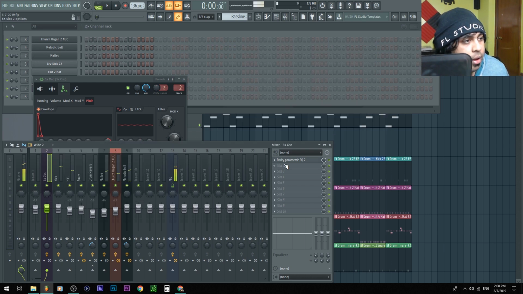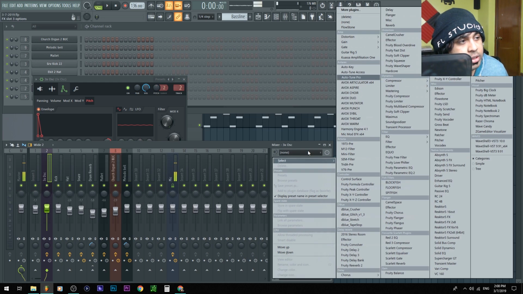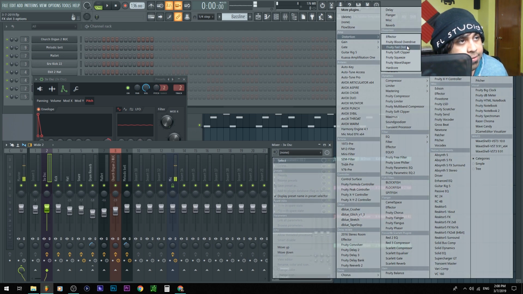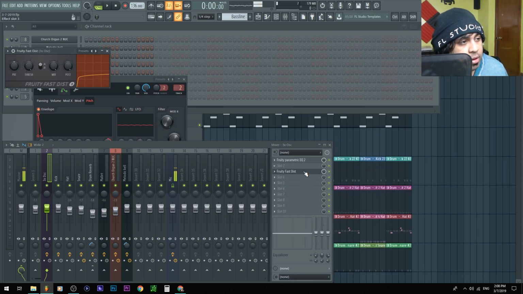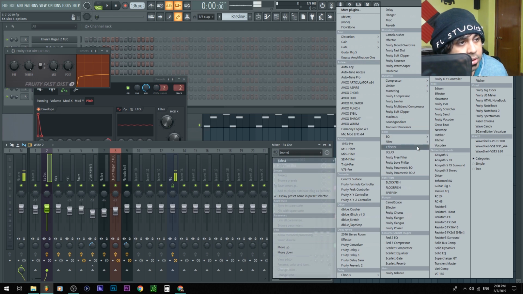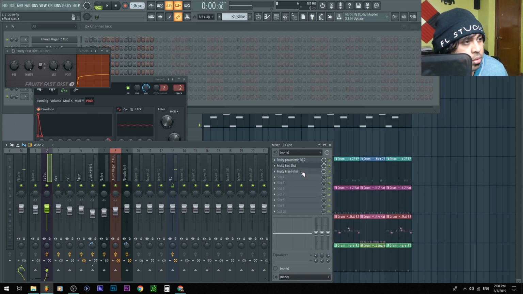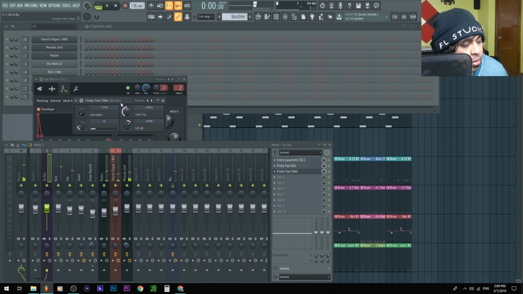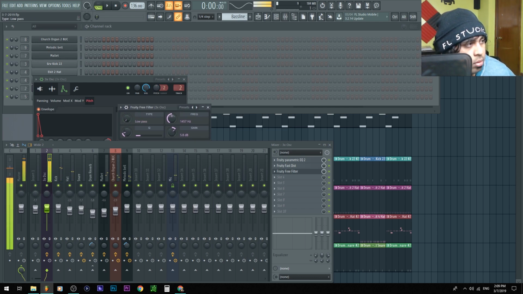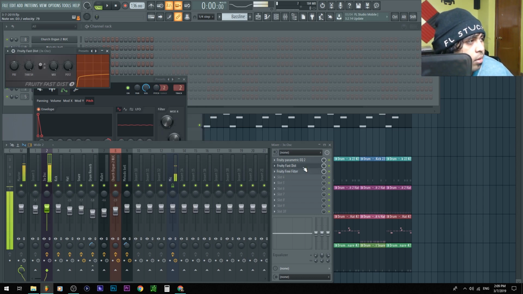Cool. We could add things like a distortion to these bass lines and then filter it again like this, and then a filter. Cool stuff, right?